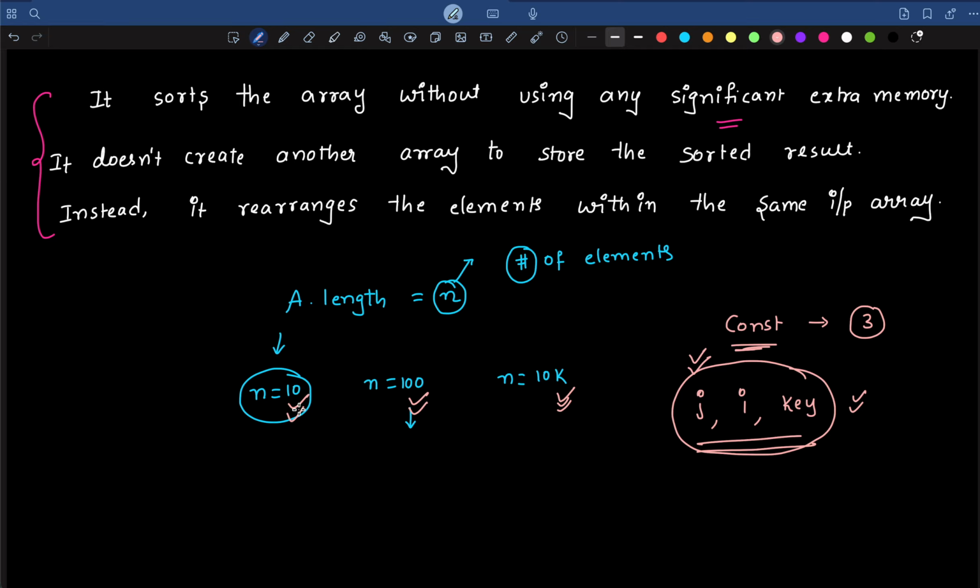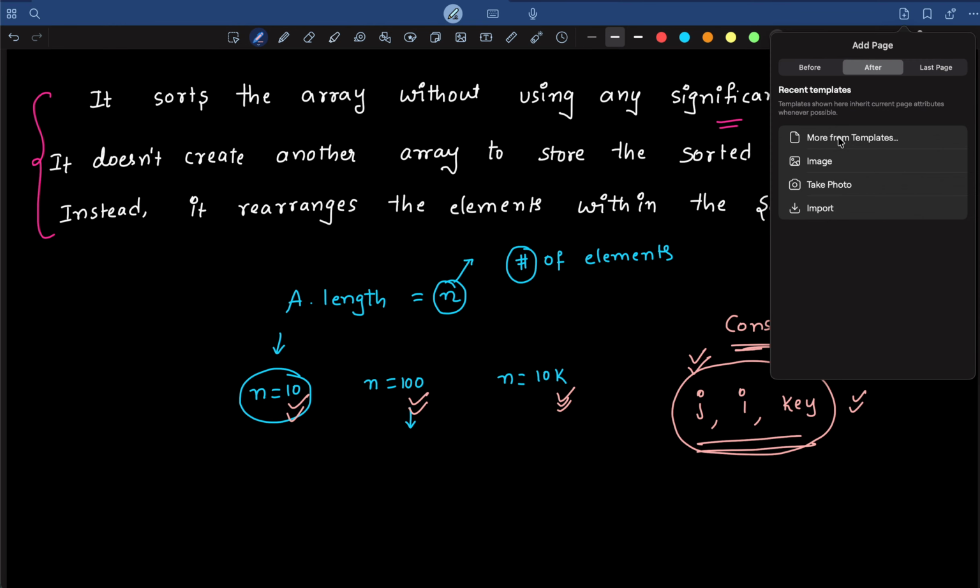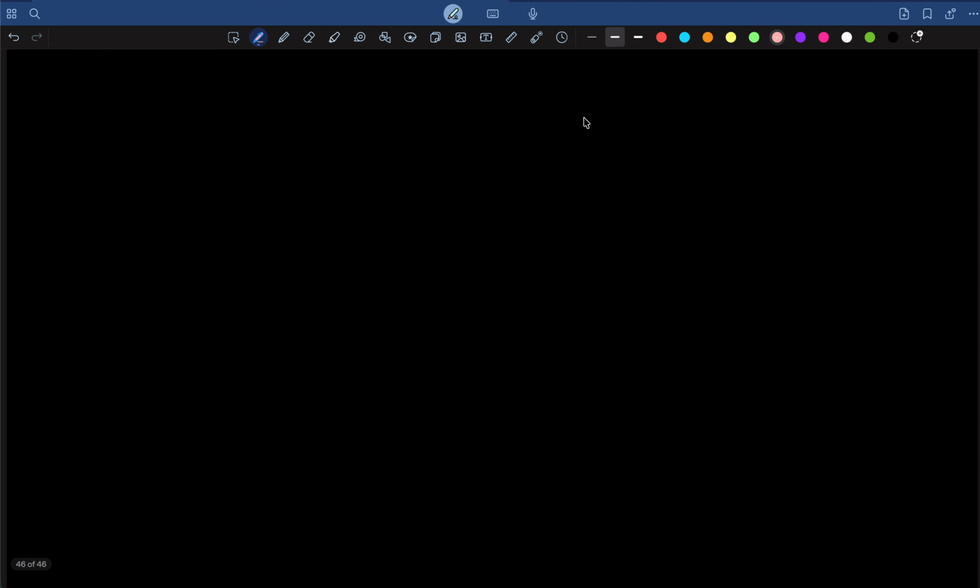And the constant number of variables, so we use a constant number of variables, and this is very important because variables occupy memory, right? Whenever you execute the code, these variables get created in the main memory or RAM to store all of these values, right? So we need a memory or a RAM. Regardless of whether the input array has 10 elements or 1000 elements or 10,000 elements, we are using constant extra space, or a constant amount of extra memory, that is 3 variables,